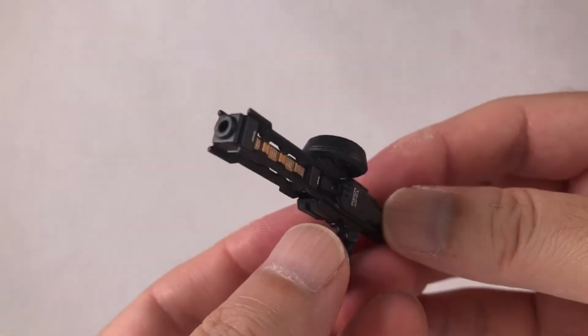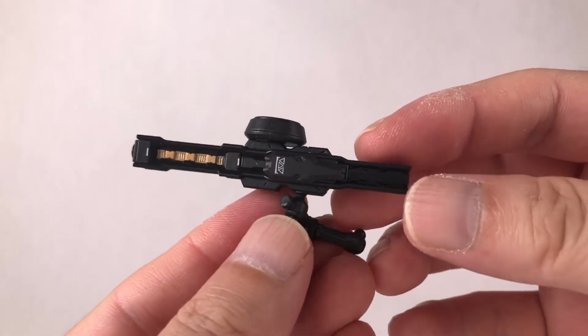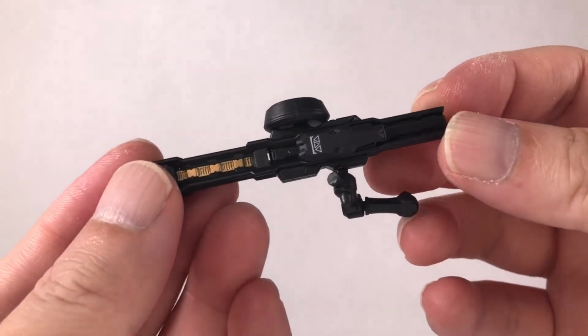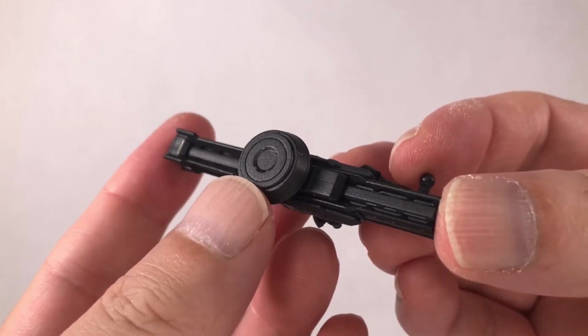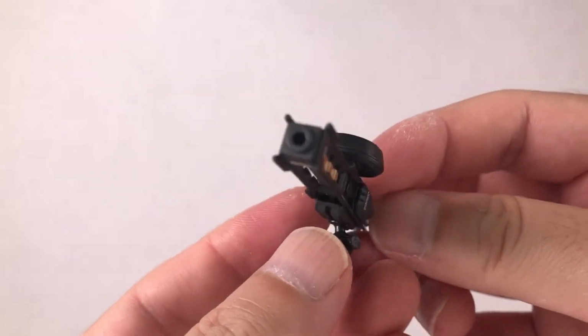Assassin also comes with a grappling hook gun that looks really cool and it's quite large. They could have easily gone the Batman route and made a smaller grappling hook gun, but I do like the direction they went in, as the gun looks very imposing and impressive and more realistic. I really like the shaping of the barrel and the drum, which no doubt is the reel for the grapple